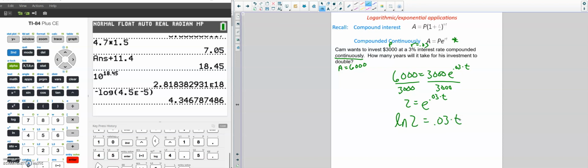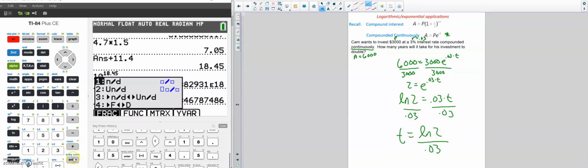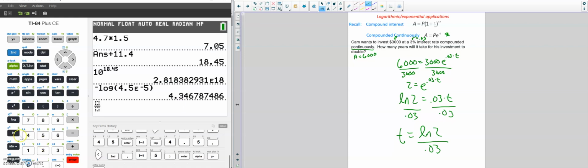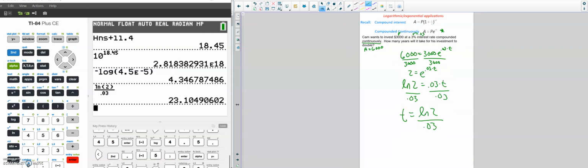And then we don't have to write base E or anything like that. So we then divide by 0.03 on both sides. And that's what we're going to plug into the calculator. So our T would be ln of 2, all divided by 0.03. And so we can type that in. We can get a fraction in our calculator, alpha y equals, and say natural log of 2 divided by 0.03. And so we would say 23 point, it does not say, so we would say 23.1